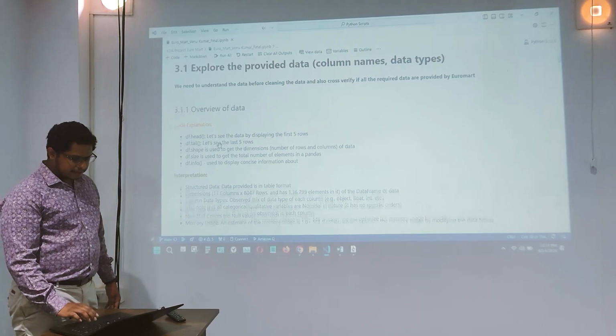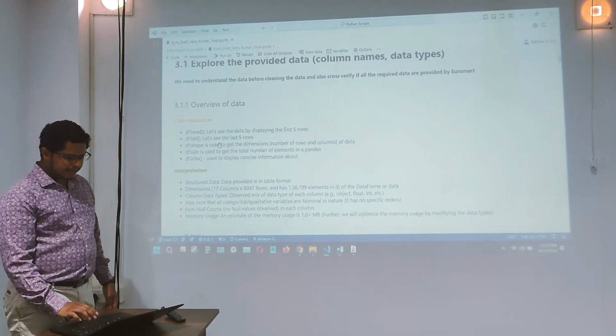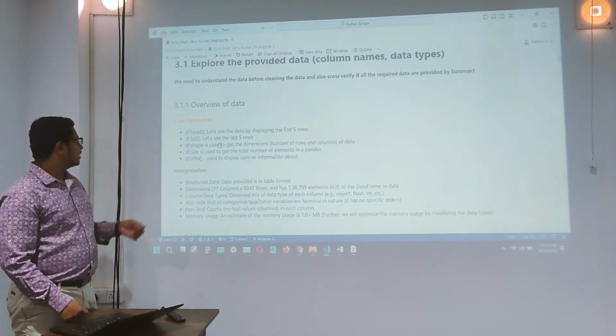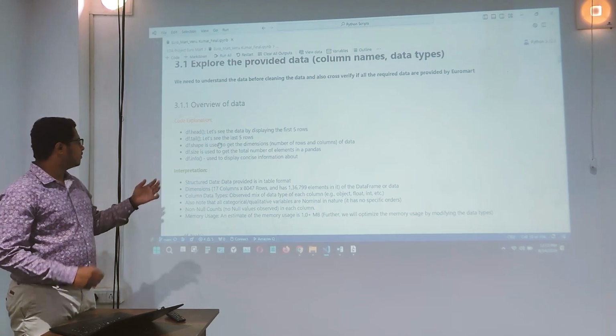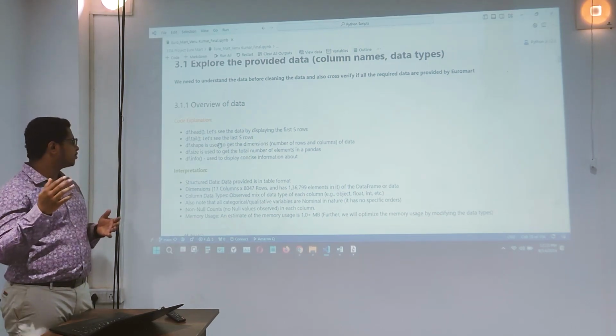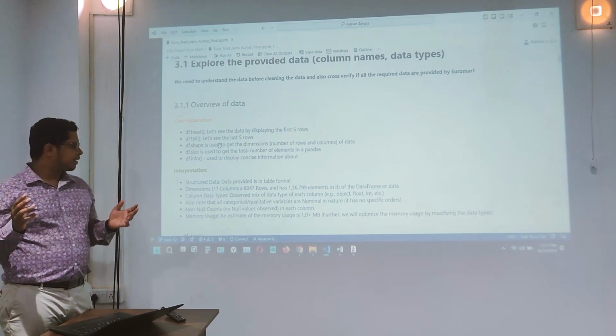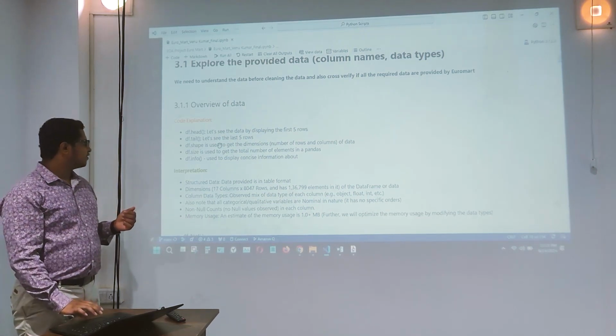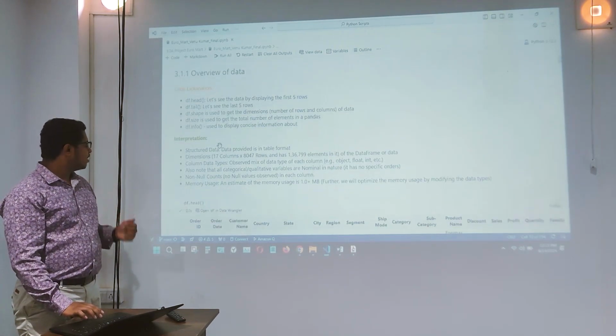That we will see we can see head, tail, shape, size, and info. So head shows the top 5 rows, and we will see the top rows, bottom rows, and shape of the data, that is dimensions of the data, and the size of the data and info. So as we can see,